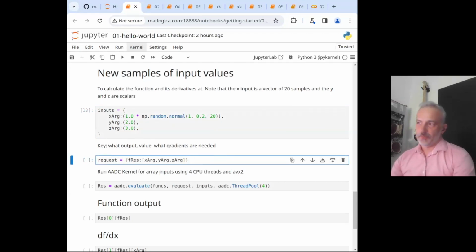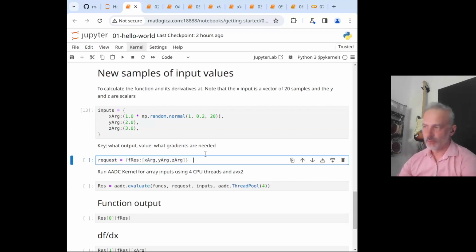Now, ADC wouldn't be an automated adjoint compiler if it didn't also allow you to calculate sensitivities. So our interest is not only to calculate the output of the function, but we want to calculate derivatives of the output with respect to all of its inputs. And this is what the request is.